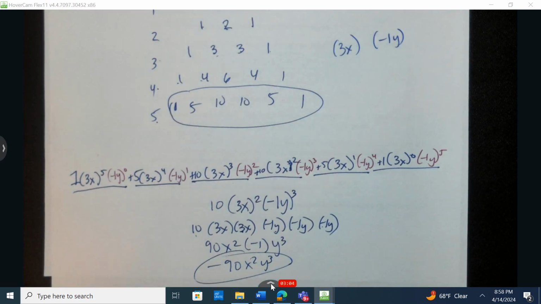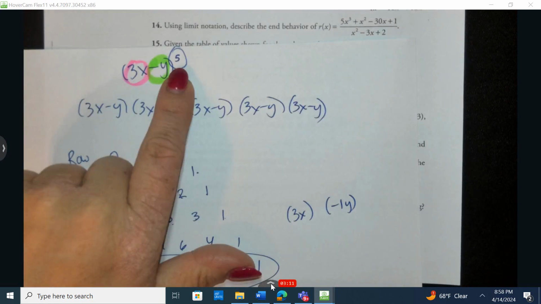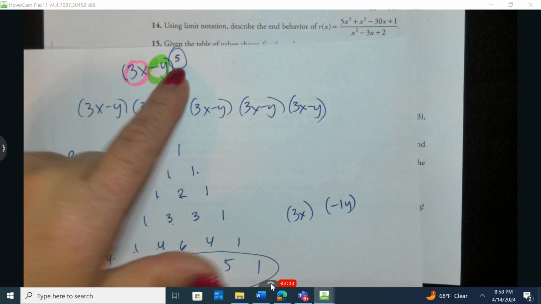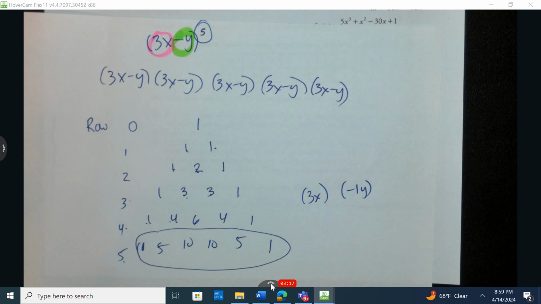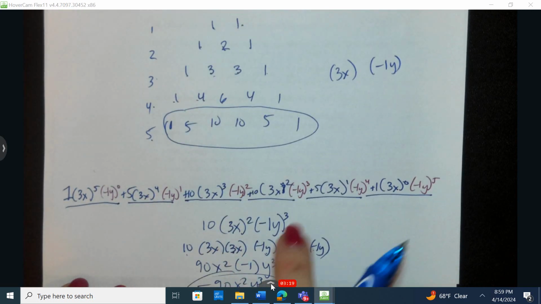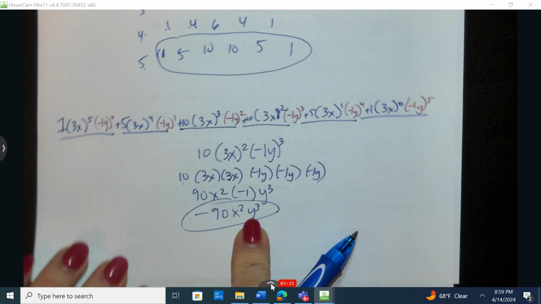Now I know that's not what this question said. This question wanted us to expand the entire way, right? For time purposes, I don't see a task asking you to go all the way to the 5th. They might ask you for the 3rd or the 4th, but more than likely what they're going to do is they're going to say, what's the second term, or what's the 5th term? And this is a quicker way to find a specific